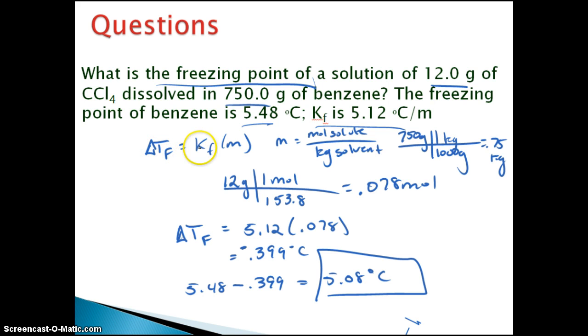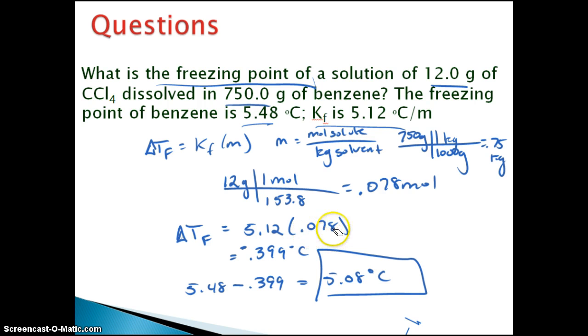The change in temperature freezing is equal to the constant of freezing times the molality. Of course, we had to figure out the molality, which we know is moles of solute over kilograms of solvent. So I took the 750 grams of benzene and converted it into kilograms, knowing that there are 1,000 grams in 1 kilogram, and got 0.75. Then I got the 12 grams and converted it into moles. Which it looks like I then plugged in as the molality, which is a mistake, so we'll have to fix